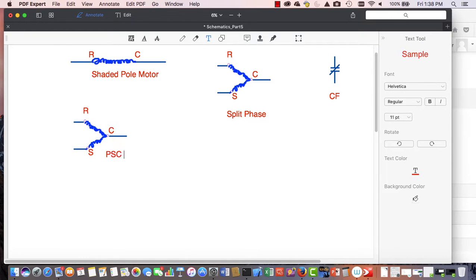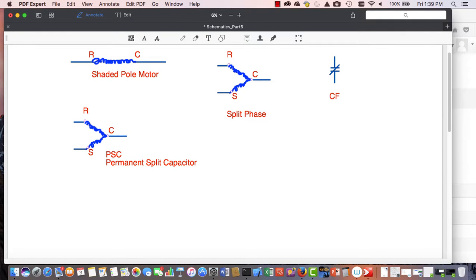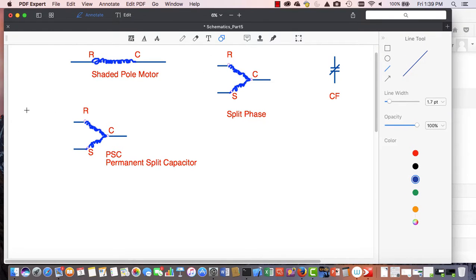PSC, which stands for permanent split capacitor. The biggest difference between the split phase and the PSC motor is one item. It's a run capacitor. Now, to draw a run capacitor, we basically start off with the same idea of our contact that we just drew, except I am going to take